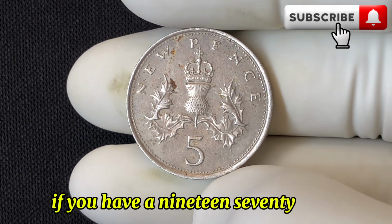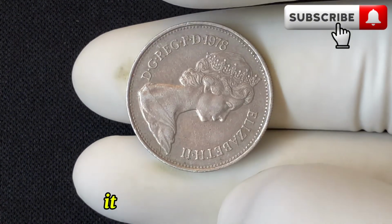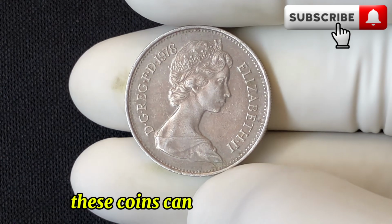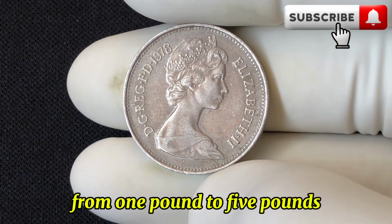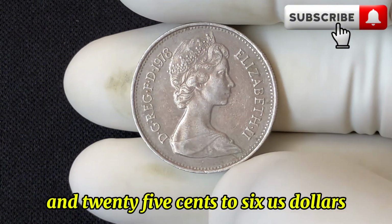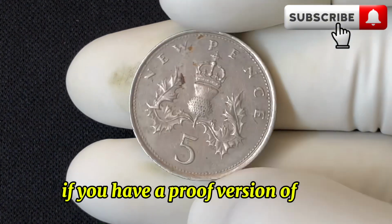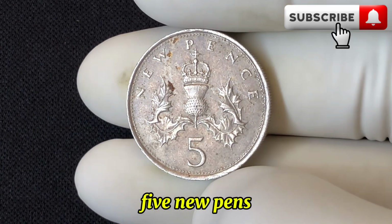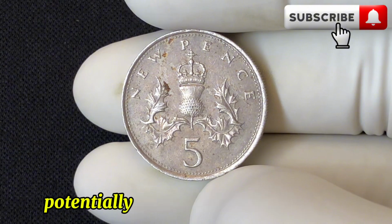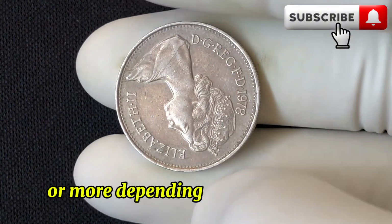Uncirculated condition. If you have a 1978 5 New Pence coin that's in uncirculated or near mint condition, it could be worth more. Depending on the quality, these coins can fetch anywhere from £1 to £5, approximately $1.25 to $6, from collectors. Proof coins. If you have a proof version of the 1978 5 New Pence, which would have been issued as part of a special set, its value could be higher, potentially reaching up to £10, $12, or more, depending on the